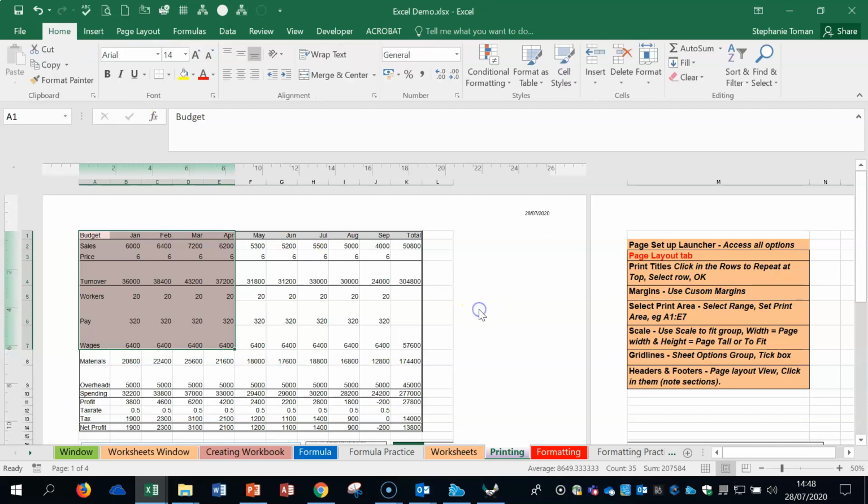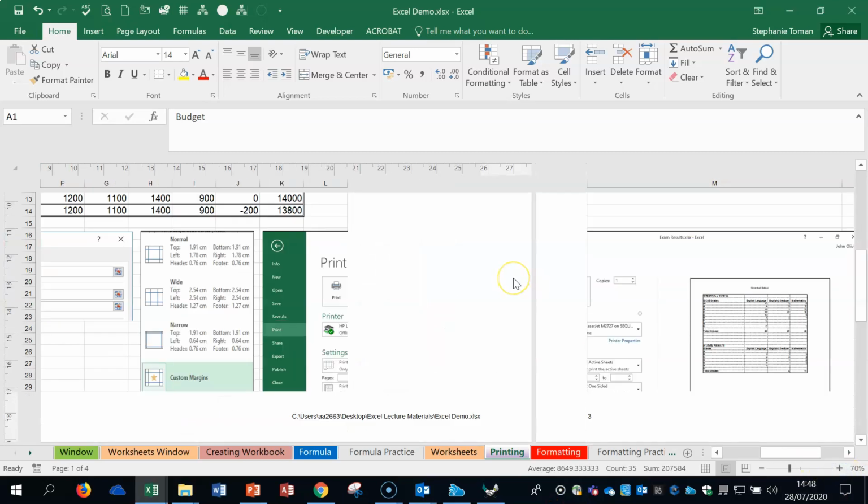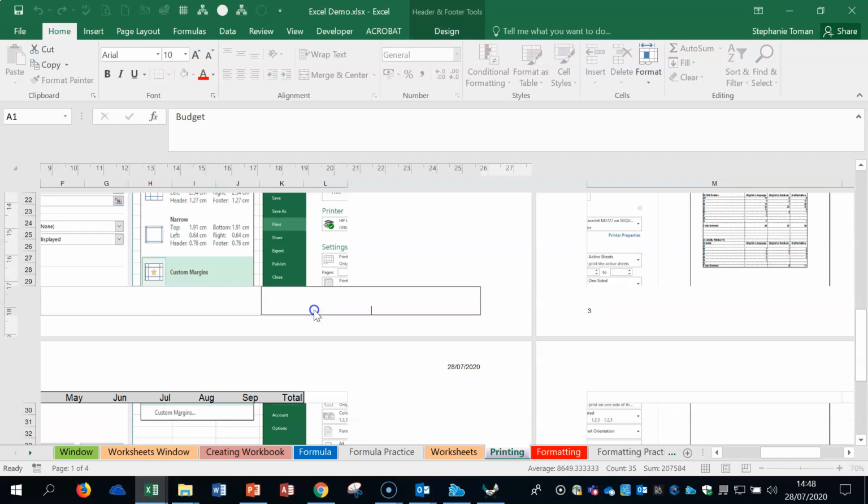So all of those things are automated features, and you can see them all there if we bring them up. And that's all in the headers. So remember, headers and footers have sections. If you're in the full normal view in an exam and you want to get to the headers and footers quickly, you can move to the page layout to do that. It's quite acceptable to make those